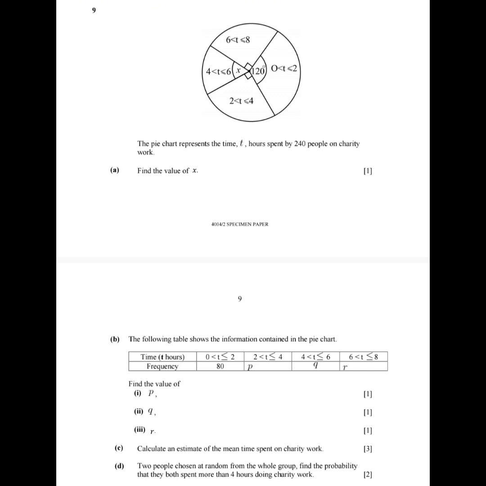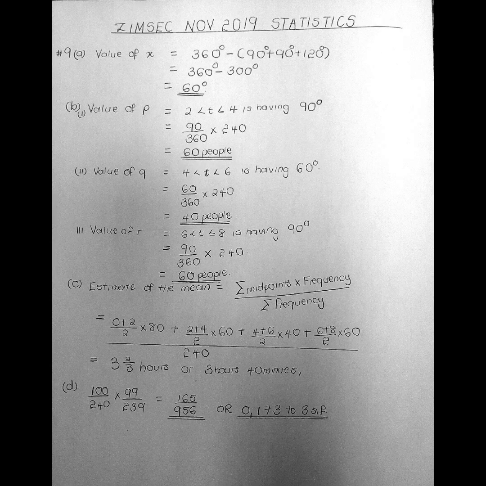Again, the question on statistics was on pie charts. So here we have an already drawn table and an already drawn pie chart. It was saying the pie chart represents the time T hours spent by 240 people on charity work. We are supposed to find the value of X. So to find the value of X, we are going to say 360 minus 90 plus